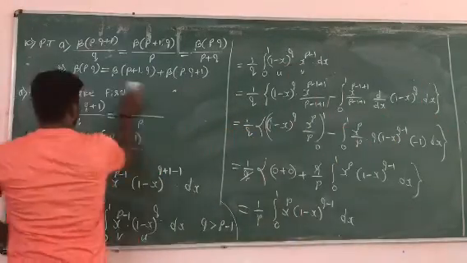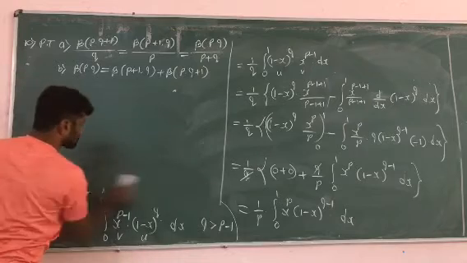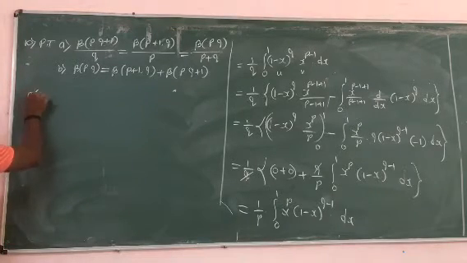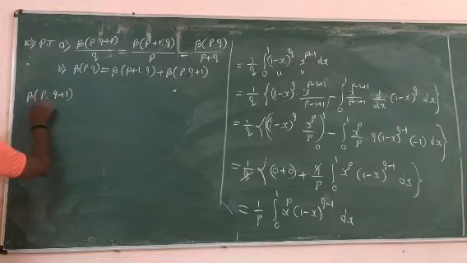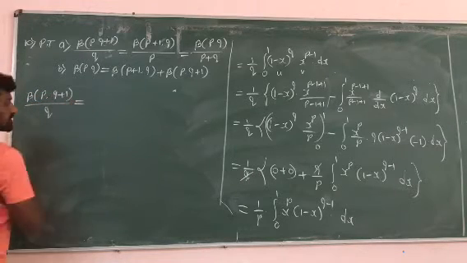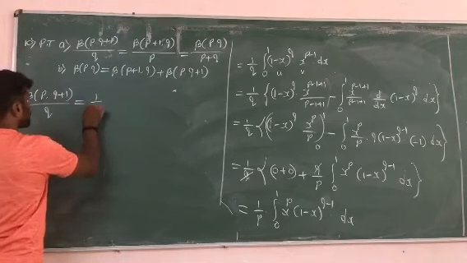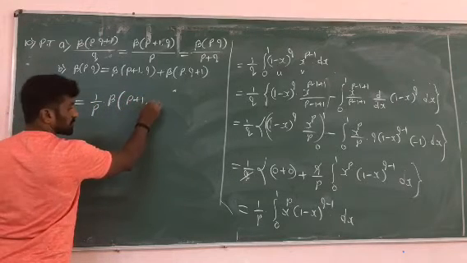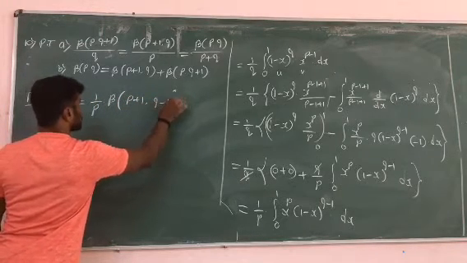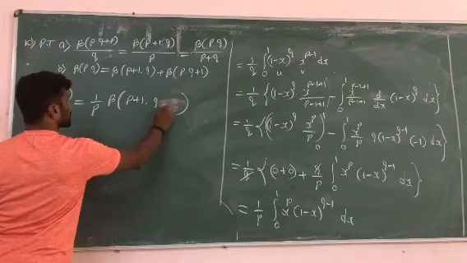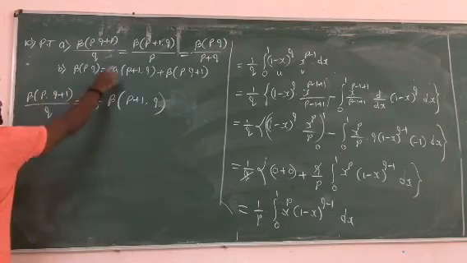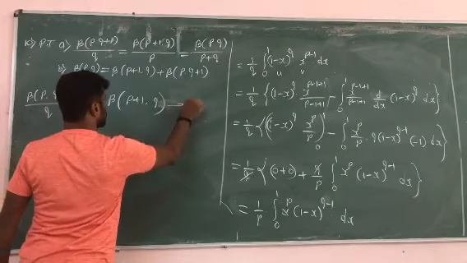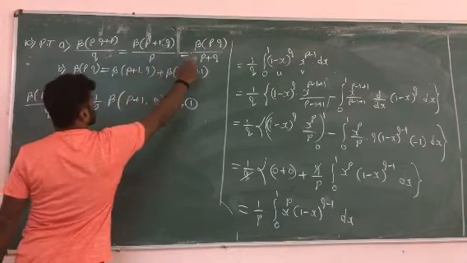So next, it is beta of p comma q plus 1. LHS part is q. So that equal to 1 by p. Apply the definition of beta. It is p plus 1 comma q minus 1 plus 1. Plus 1 minus 1 gets cancelled. So is it clear? LHS is equal to RHS. Call this equation 1.